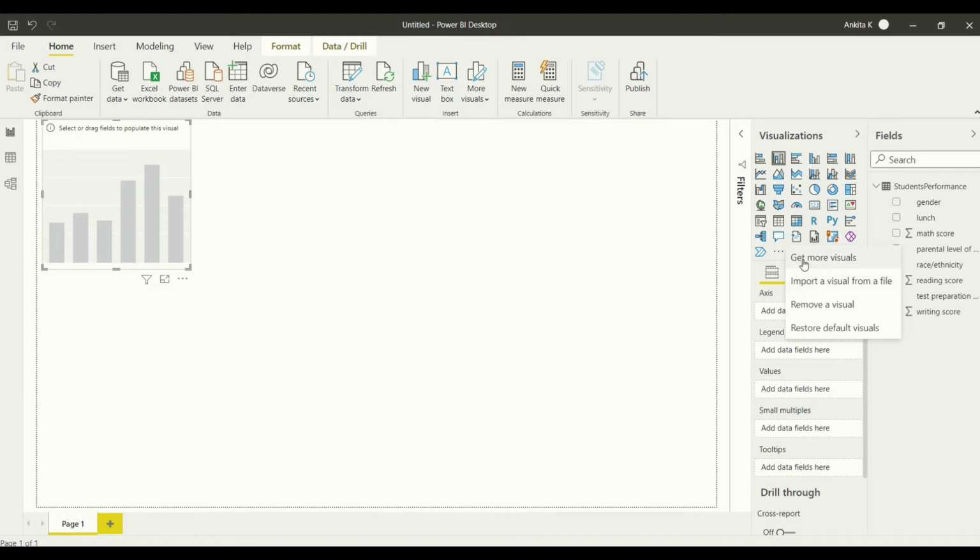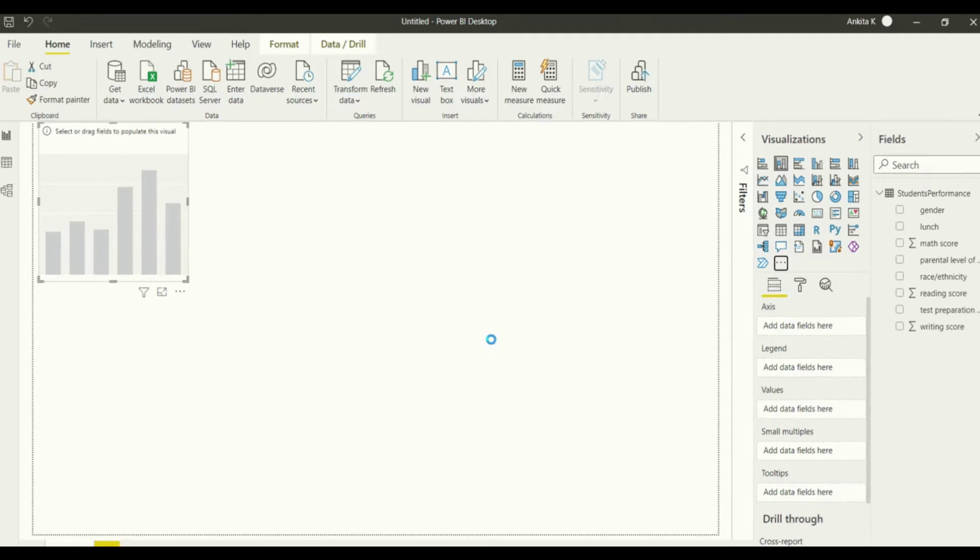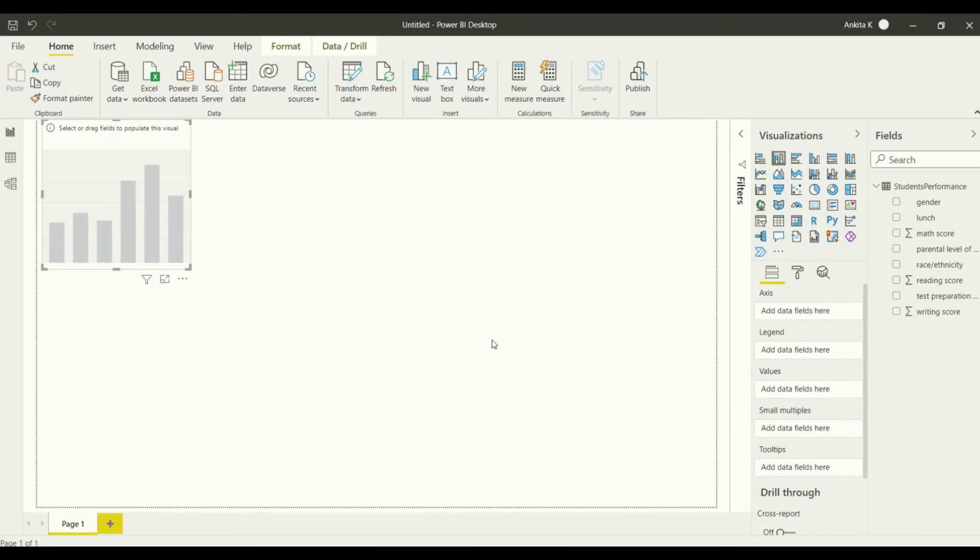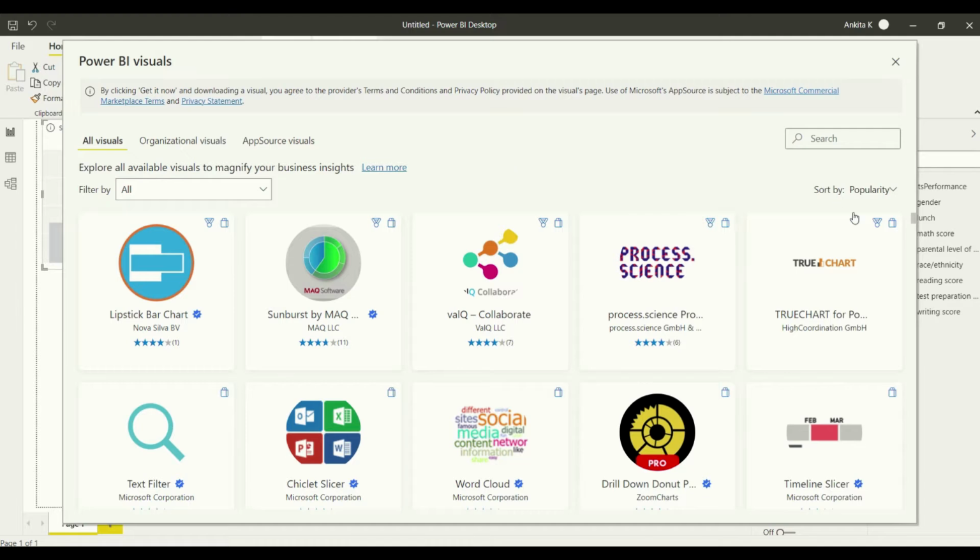And when I say get more visuals, it gives you these options that Microsoft has created or independent developers have created, so they are just getting imported. You can have a look here. These are the different options that you can see.